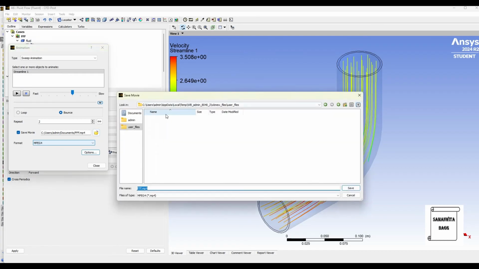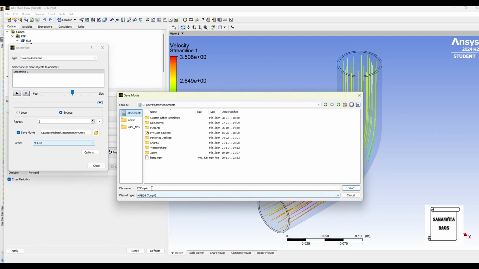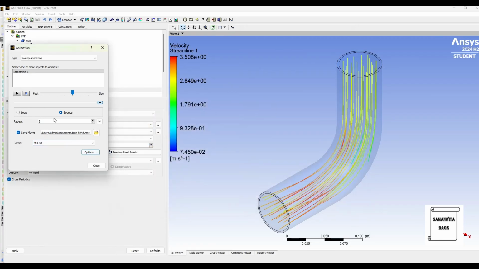You can select over here where you want to save and you can give it some name, say pipe bend. Okay, and now when you click over here for play, it will automatically get saved also. So I'll click over here.